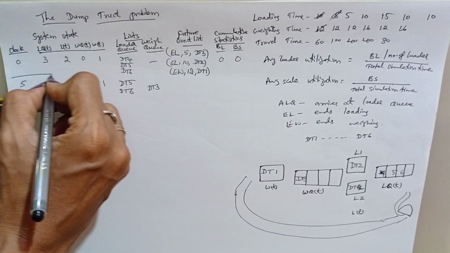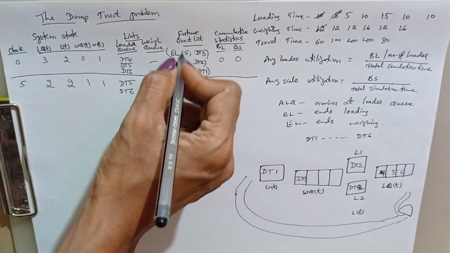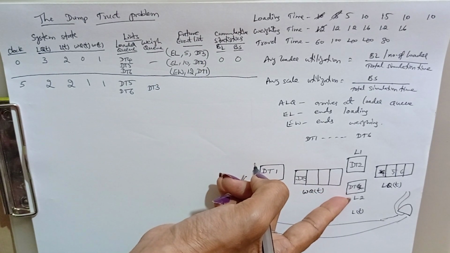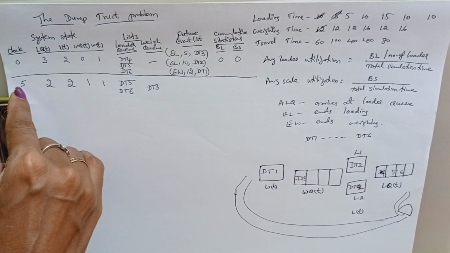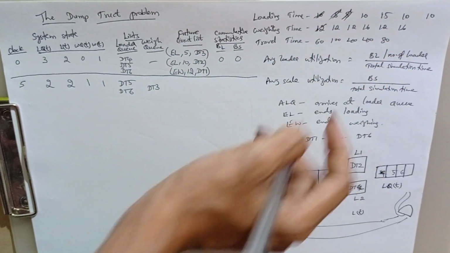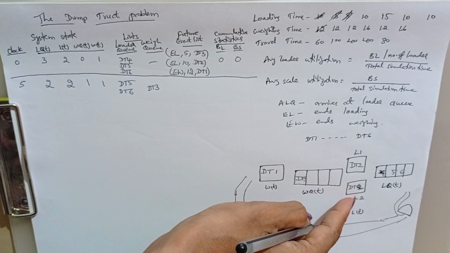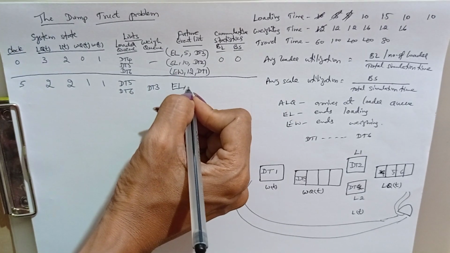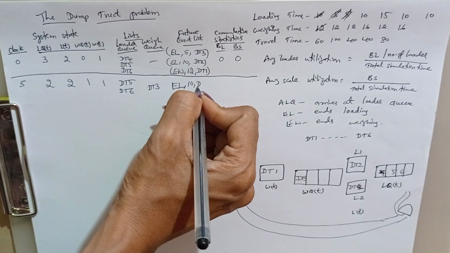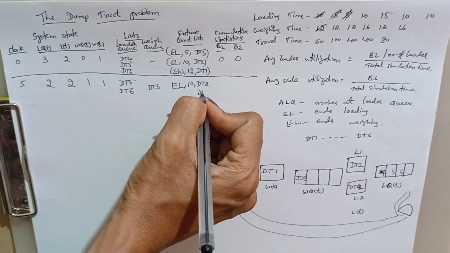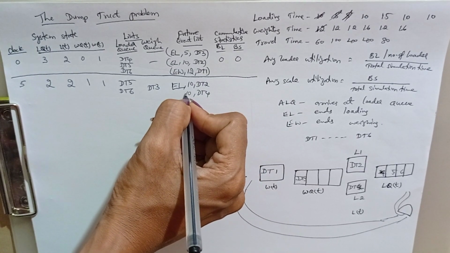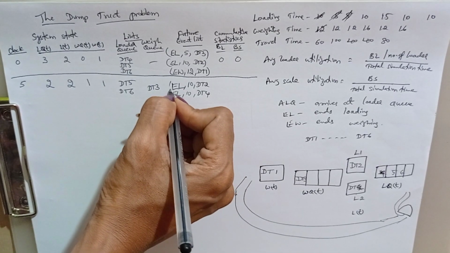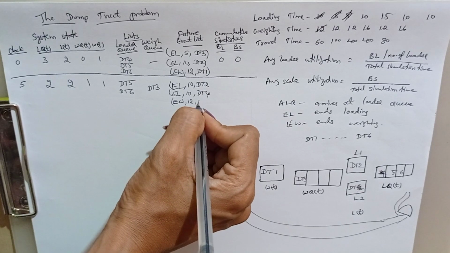Now, we'll write the statistics. That is future event list. What is the truck now? It is added, truck 4 loading. Now, time is 5 and the next time is 5. So, 10 minutes it completes loading. So, we'll write 10 is the least time, next time. So, you can write wherever you want. That is truck 2 and truck 4. At the same time, they will complete ends loading. Now, ends weighing, that is 12 minutes, truck 1.